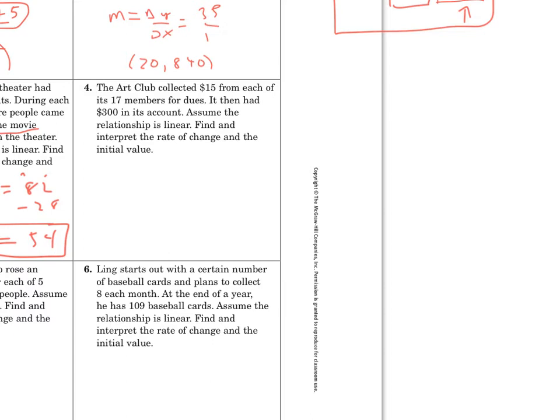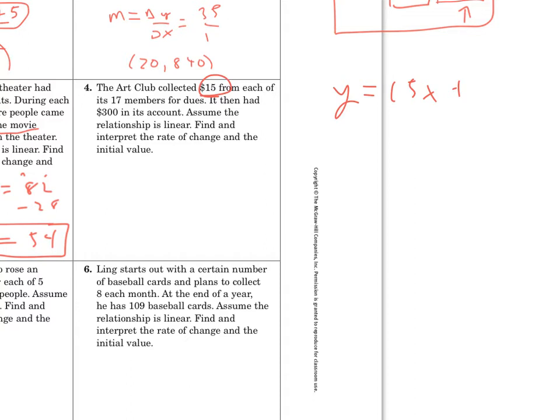The art club collected $15 from each of its 17 members for dues. It then had $300 in its account. So if you collect $15 from each, that's $15 per member. The per is 15. So y is equal to 15x plus